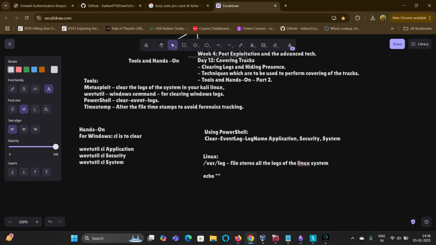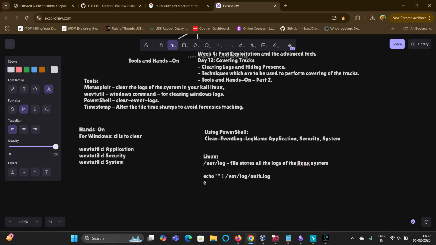echo, then we are going to use this. Here you can give the name of the particular log file you want to delete, or the logs you want to clear, and then you can give this in ascending or descending order, we basically say. Now I don't remember what parenthesis we say to it. Then you can go to var, then log, and then give auth.log, because you want to remove the logs from the